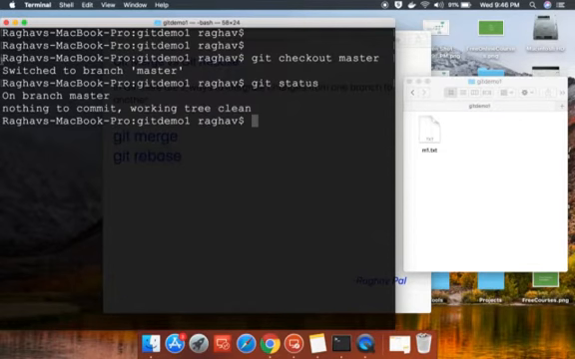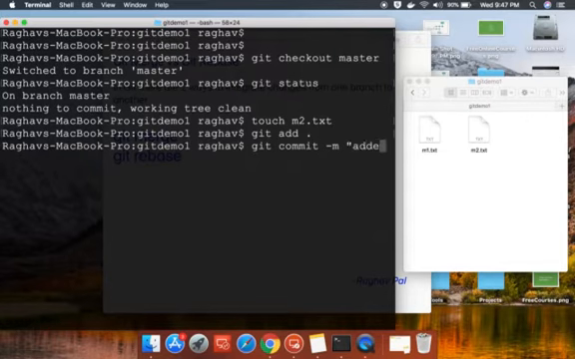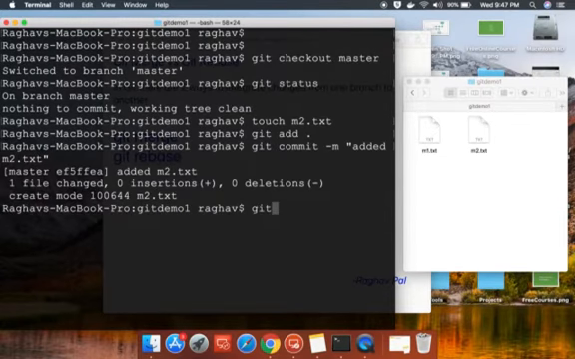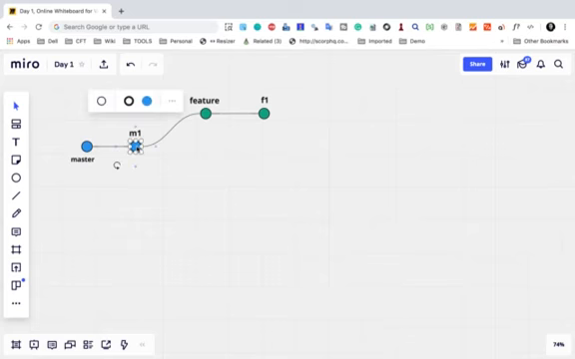If I say git status, it says on master branch, and let's just say now I am doing some more changes in my master branch. So I'll create a new file called m2.txt here, and it is created, and I will say git add and git commit -m added m2.txt. And if I say git log now, you can see I have two commits in master, m1.txt and added m2.txt. So now what has happened is our master has also gone ahead after creation of the feature branch, and